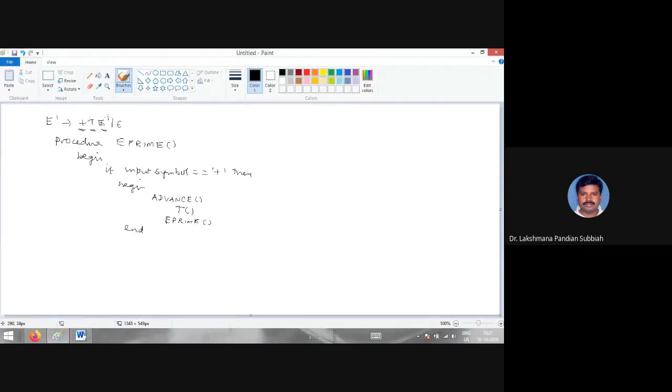Here there is no else part. So this is one part; else nothing is there, so no need to write anything. You close it with end. I made that mistake there, so just correct it. If you have empty, there is no else part. Else part means empty, nothing new to recur, so that else part is absent.